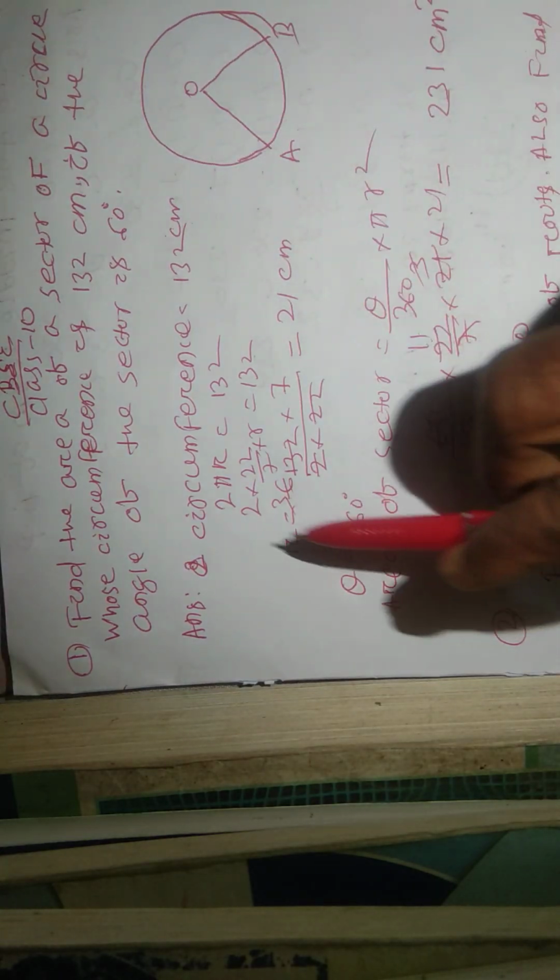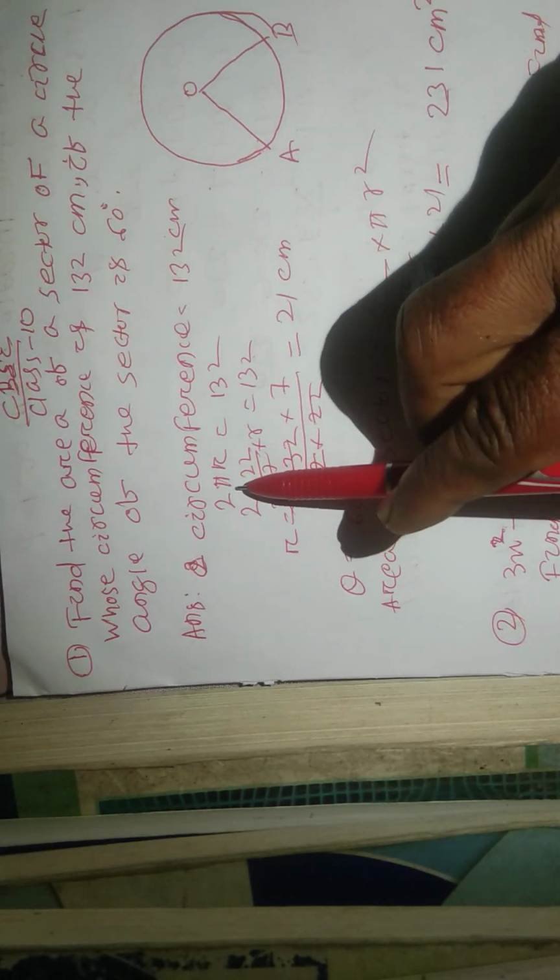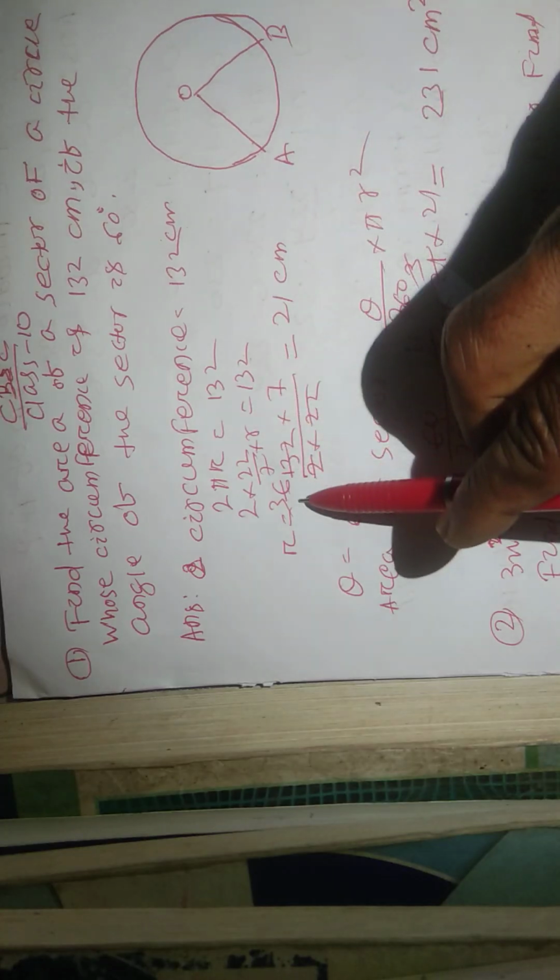Class 10 important questions. First question: find the area of a sector of a circle whose circumference is 132 centimeter if the angle of the sector is 60 degree. You see the figure, this is a circle, circumference is equal to 132 centimeter. Circumference formula is 2 pi r is equal to 132, 2 into 22 by 7 into r is equal to 132,